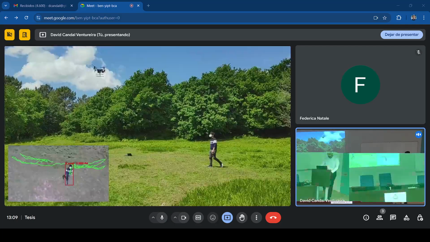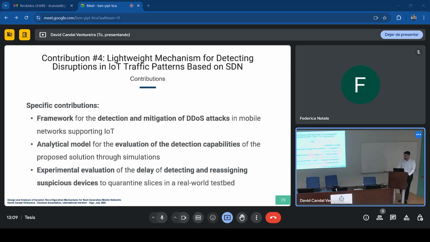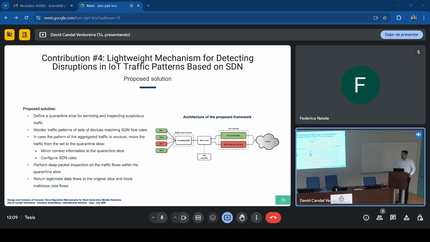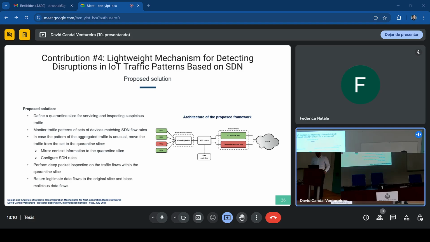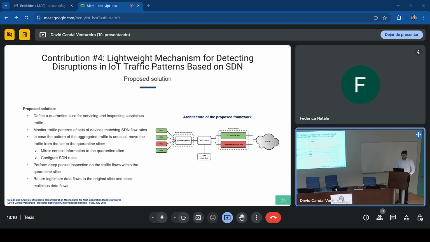I wonder, you mentioned, not in the presentation, I think, only that you aggregate several flows instead of using one for each user. And my question is, did you study or analyze or have a criterion to make this aggregation? I mean, could it be different if the groups are different?